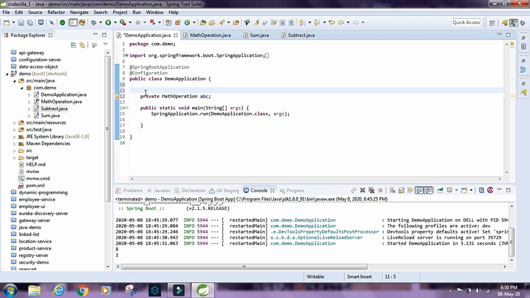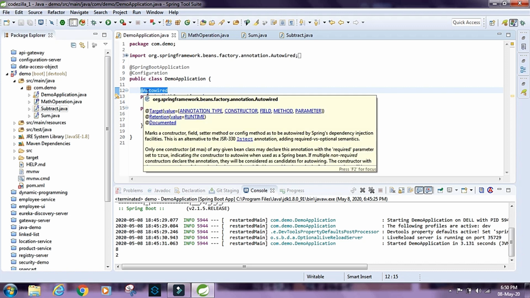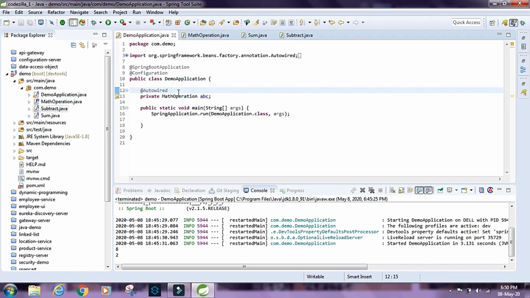And we say @Autowired, right? So what does this annotation Autowired mean? This means that we are asking Spring to inject a dependency of this type into this variable,